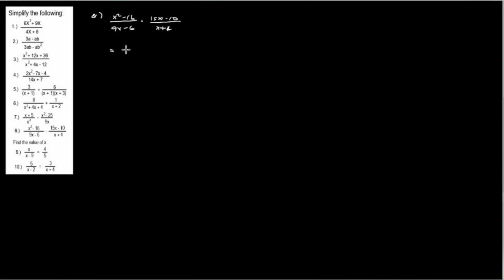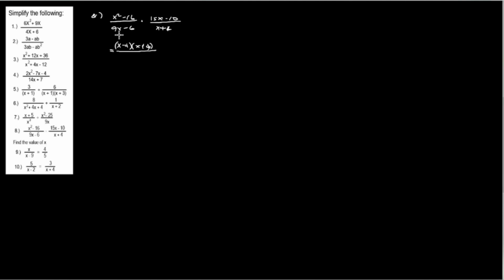Then we factor out first the numerator, which is x squared minus 16, the difference of two squares. x squared, and 16 is the square of 4, and that's negative. The formula for the difference of two squares is x minus a times x plus a, or x minus 4 times x plus 4,